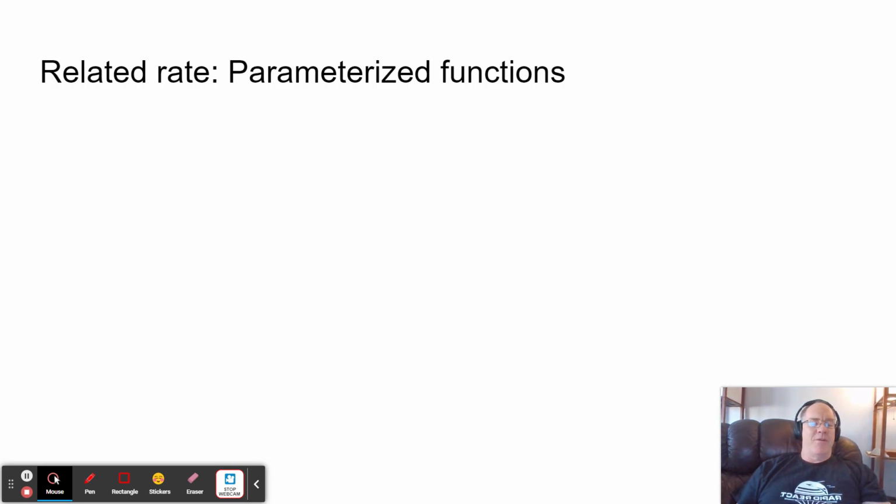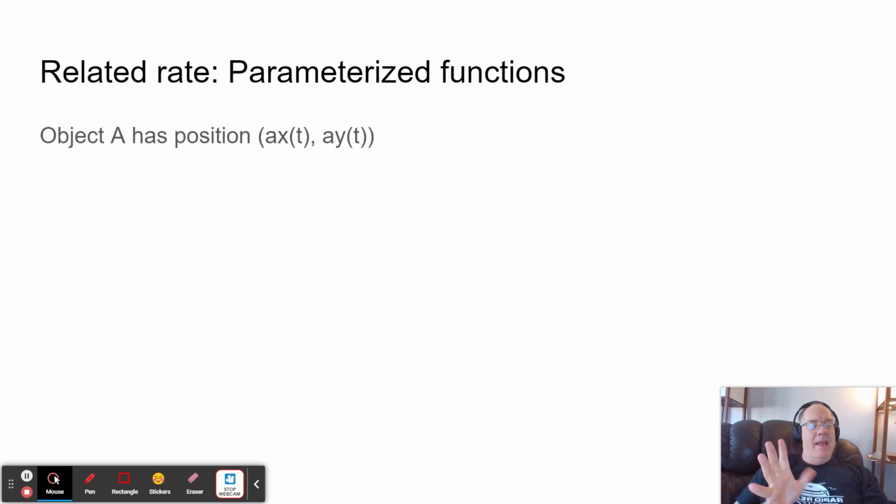Hi, Chris Kuzmal here. We're going to talk about related rate functions, in particular those which involve parameterized functions, which you might not always be able to recognize as parameterized functions when the problem is posed. In this case, nevertheless, let's talk about what the solution is for a related rate problem, where, for example, we